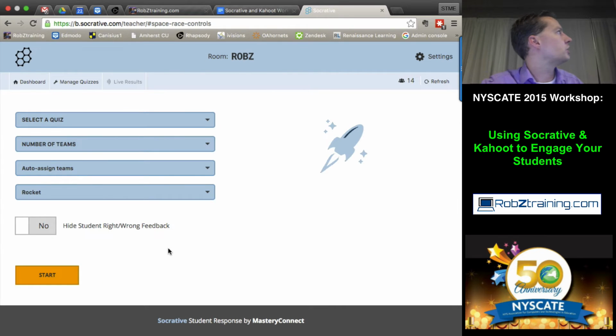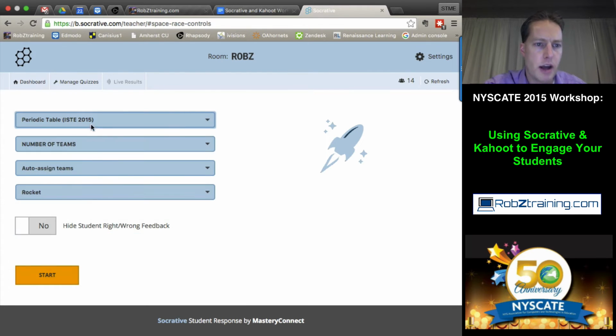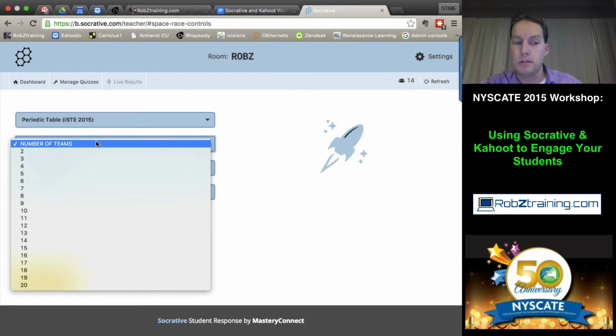I click that to launch it, and now I get a couple of options. First of all, select the quiz that I want to do, and I said the periodic table one. Now, the number of teams. This means the number of people working together on a team to accomplish the moving of your spaceship forward on the progress bar. All right, in a room of this size, I might say it makes sense to have roughly 2 people per team, maybe 3 people. We'll go 3 people per team. That'll be maybe around 5 or 6 teams. So I'll say give me